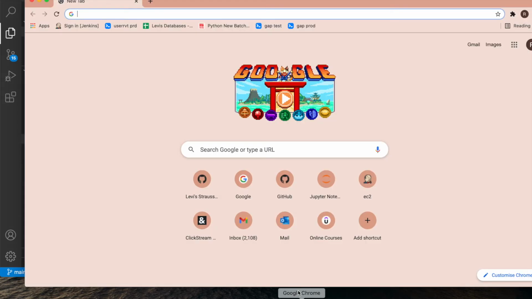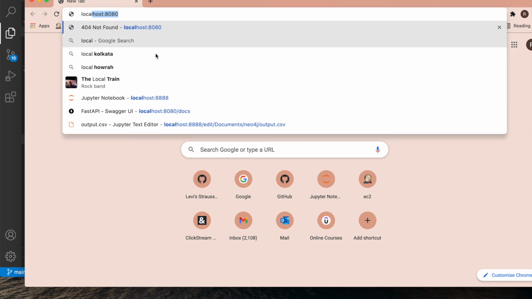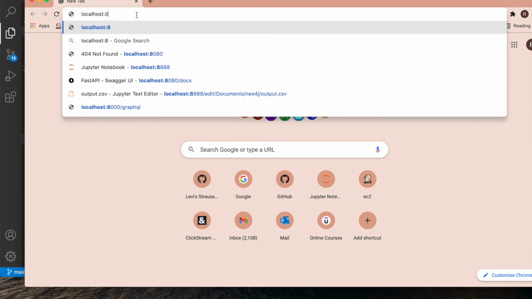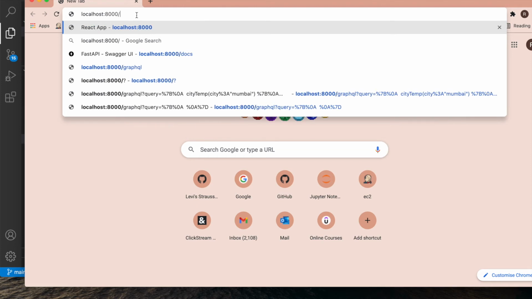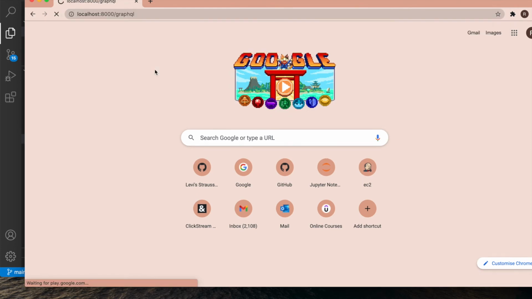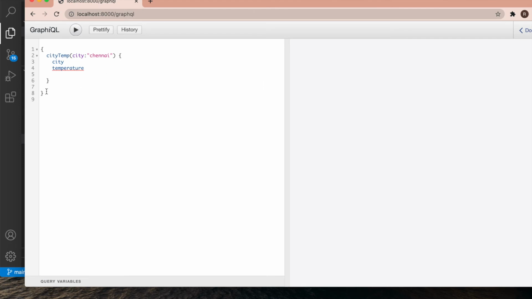Okay, so all done. My app is running on port 8000. So let me open it on localhost:8000/graphql. Okay, so it is running. I don't know where this is coming from actually. Like this, then cityTemp. Why is cityTemp coming like this?